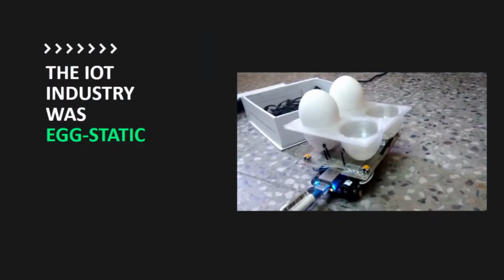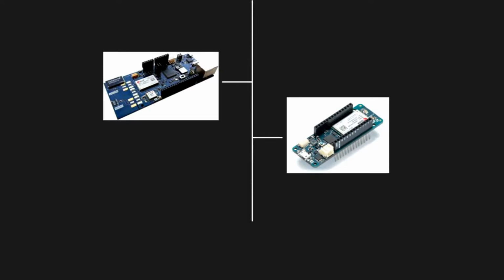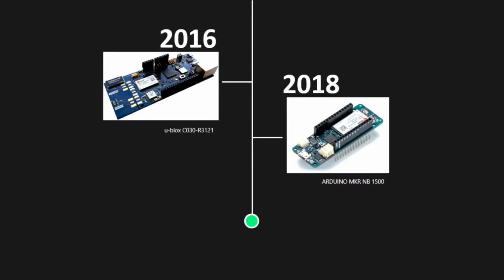Sadly, my GPS cat tracker would basically only last about 8 hours if it had connectivity. With CAT-M1 and some of the narrowband networks, we can have devices that run for years without needing a battery change or a recharge, just because it's so low powered and it's sending such low information over an extended and mature network. And that's the thing, as the network matured, and of course, everyone was egg-static. There's another pun there. I've got so many more, don't worry. As the network has matured, devices have gotten smaller and smaller.